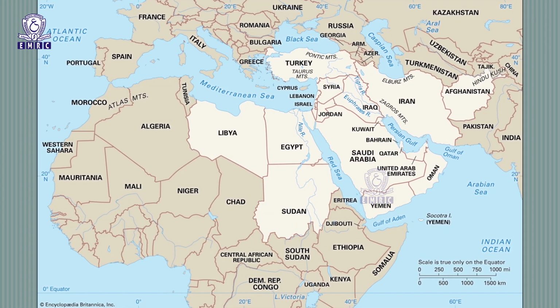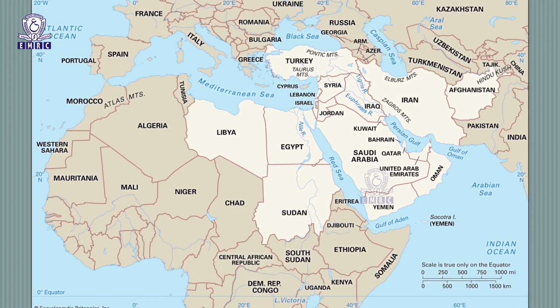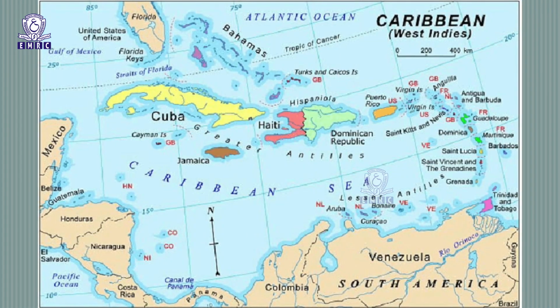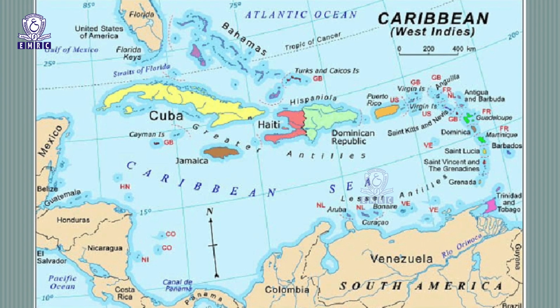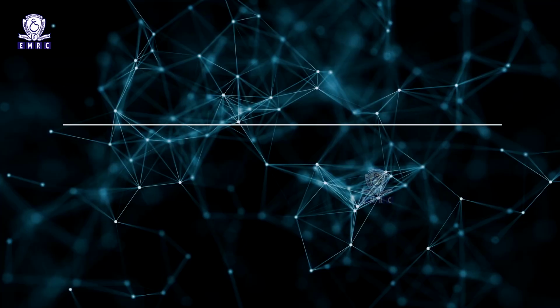The major oil exporting countries include Middle East countries such as Saudi Arabia, Kuwait, Iran, Iraq, Qatar, Oman, United Arab Emirates, Caribbean countries such as Venezuela and Colombia, other countries such as Libya, Algeria, Nigeria, Angola, Asian countries such as Kazakhstan, Indonesia, Malaysia, China, etc. And in Europe, UK, Russia, Norway are the major countries in this connection.